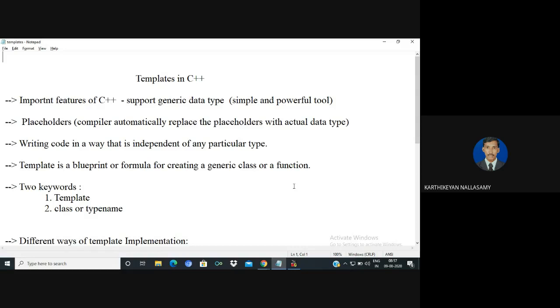But let us take a simple example. If I'm going to perform an addition operation on different data types, for example different categories of numbers, for the addition of two numbers it may belong to integer and integer, or integer and float, or float and double, or double, or float data types. So for this, we need to write a different number of combinations for adding two numbers. Before discussing templates, first of all,